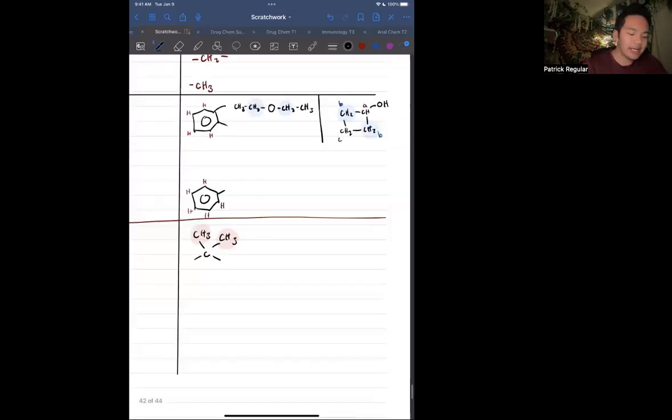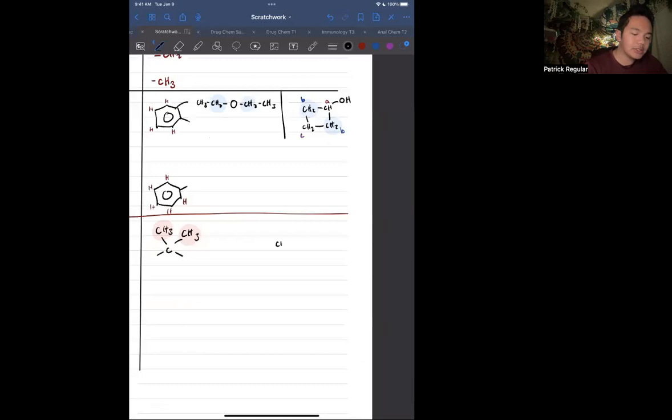You could see that, like, let's say CH, CH2, CH2, CH2, H, H, OH, right? These three would have chemically equivalent CH2 groups. So you kind of have to think outside the box a little bit, because 6H could be a benzene ring, could be two geminal methyl groups, or it could be 3 chemically equivalent 2H groups,